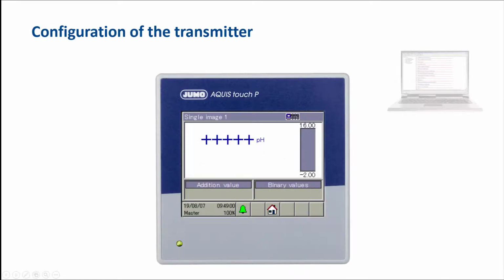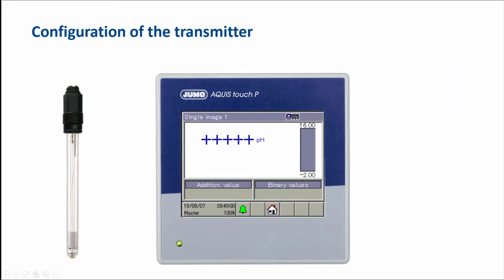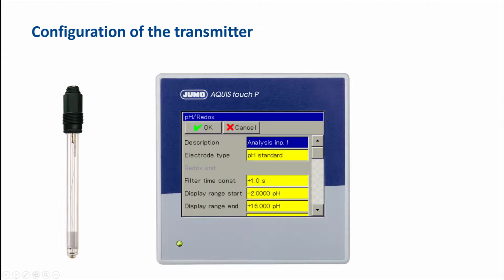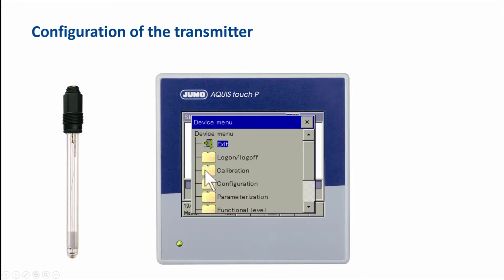The transmitters can be configured via a program. However, the few settings required for the example are made via the front panel. With regard to the electrode type, the setting for the redox voltage electrode must be made. Slope changes do not occur with the electrodes for redox voltage. An existing zero-point shift, or one that occurs over the operating time, is compensated by a zero-point calibration. The calibration routine is released.